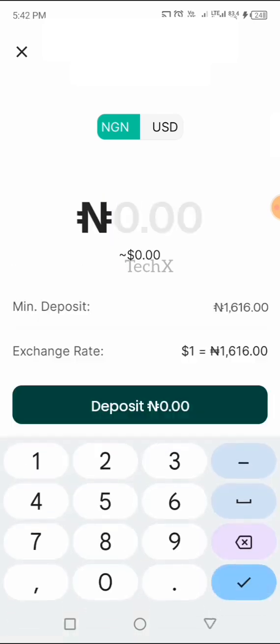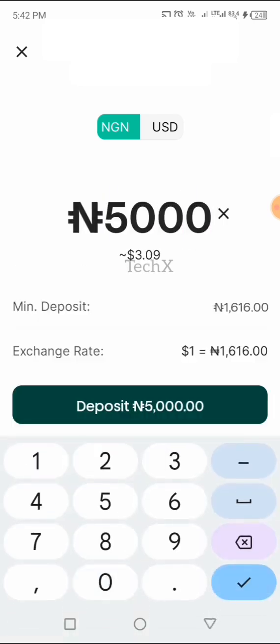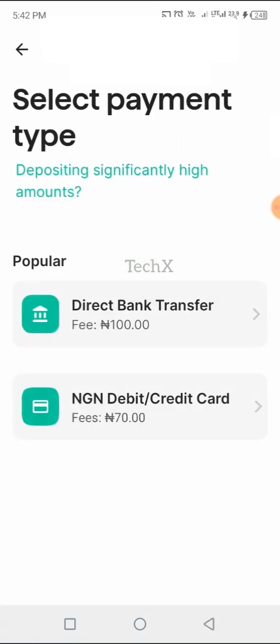Let's say I want to deposit 5,000 naira. Now it's equivalent of $3.09 based on the exchange rate, which is 1,616 naira per dollar. So if I want to deposit 5,000, I have it there and I'll click on deposit. Now I have